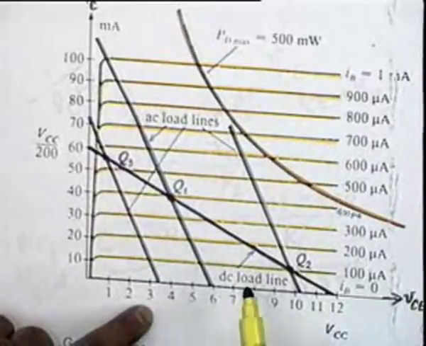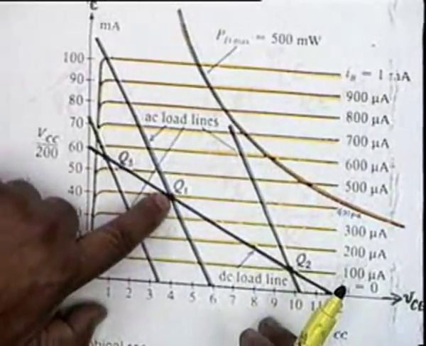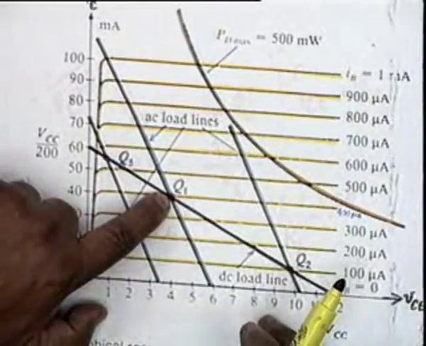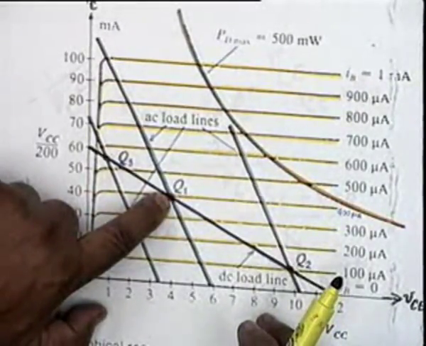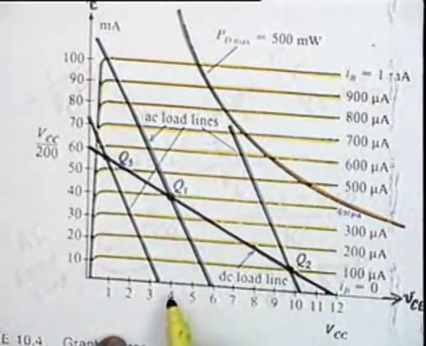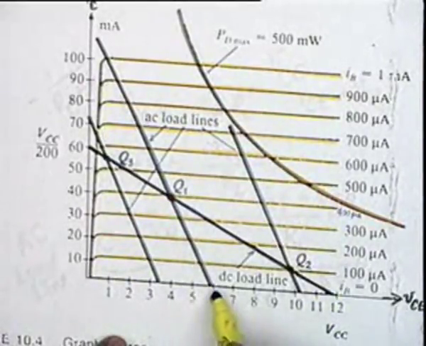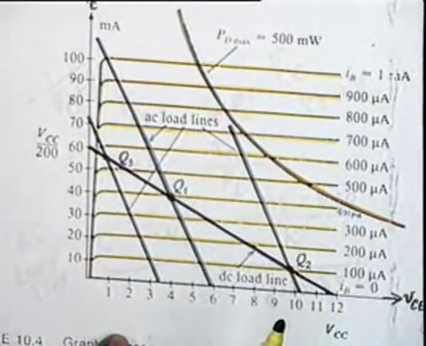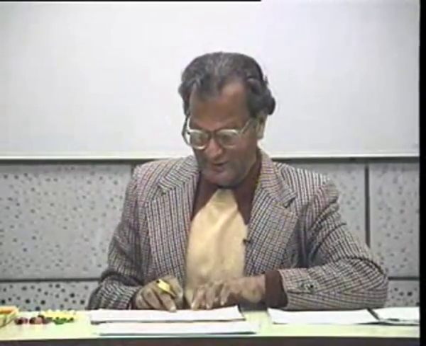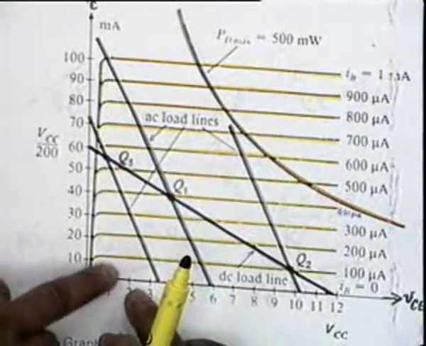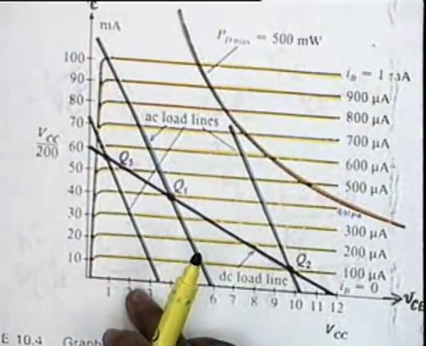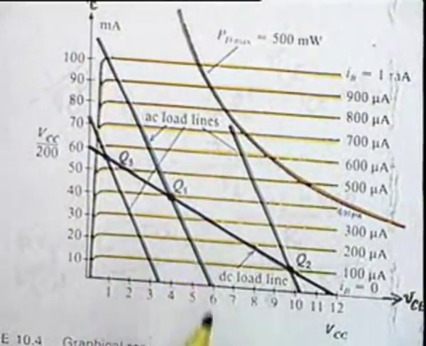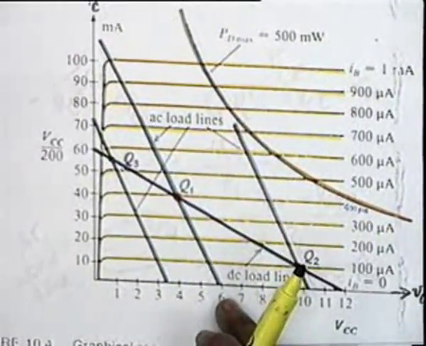You can see that the particular transistor can now act as an amplifier in which the excursion of AC voltage is limited to how much? Can you see this figure? This is 4 and the AC load line touches the cutoff line at 6. So the peak value of the AC signal cannot exceed, I am sorry, 2 volts, 4 to 6. And on the lower side it goes from 4 to 2. Does it come to saturation? No. So it's a safe operation. 2 volts, which means 4 volts peak to peak.